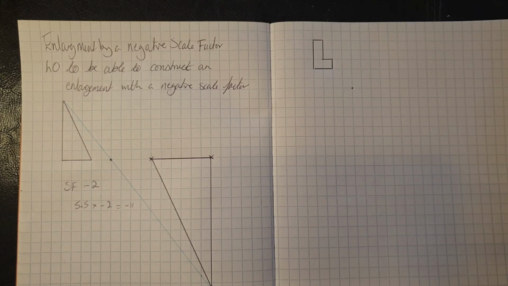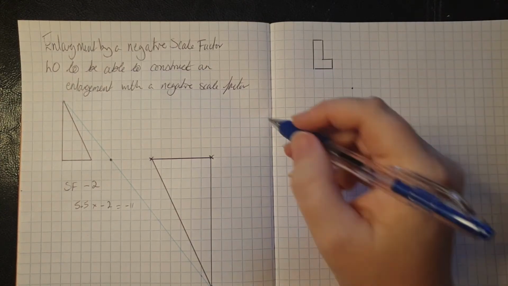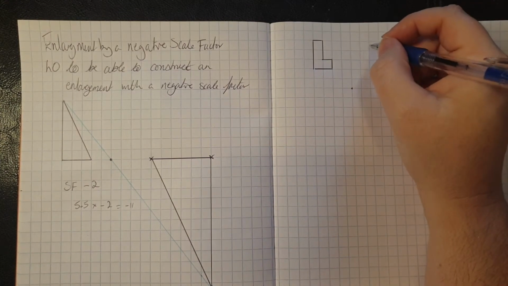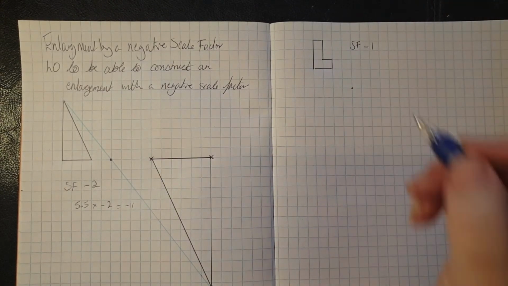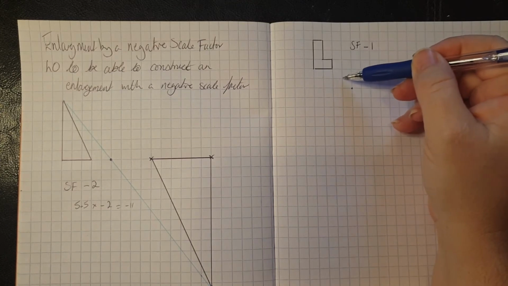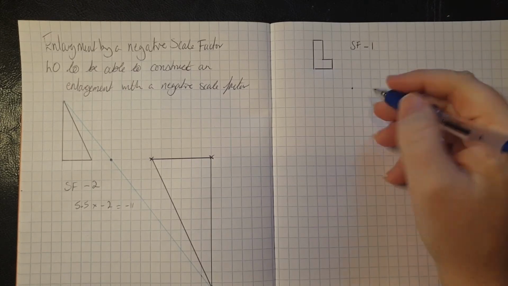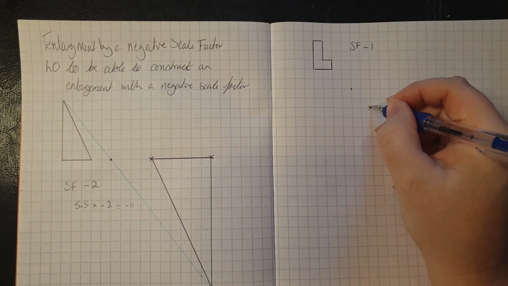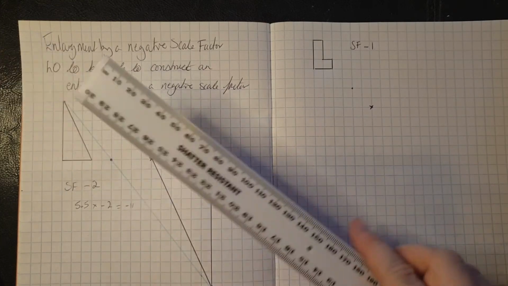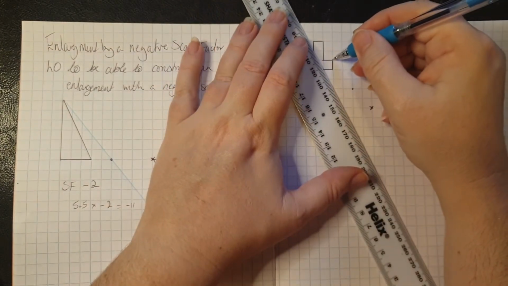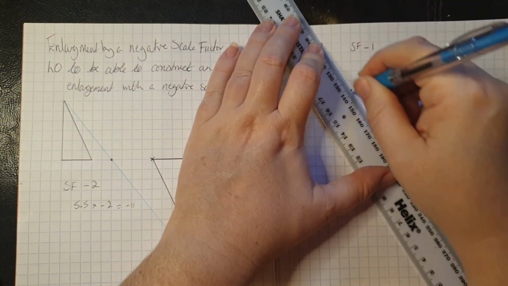So I'm going to use a counting method for this first one. 1, 2 squares. Oh, sorry, I forgot to say what the scale factor is. Let's just do a -1. My fault, I'm sorry. So if that's just 2 squares, 2 times -1 is -2, 1, 2, so I can do that by a counting method. Now the other corners are trickier, so I'm going to do this on a ray. So corner through the centre of enlargement,